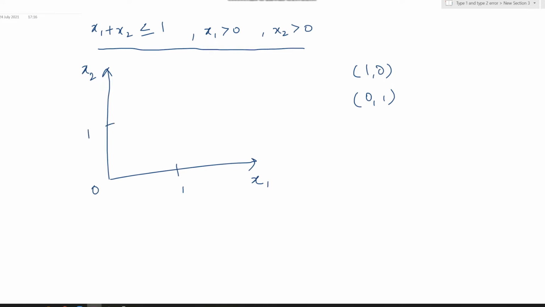We'll be plotting a dotted line, and we would say that anything under this area is acceptable and anything out of this particular area is not acceptable, that is this particular region. So this is the same case as saying what is a critical region. So we say that this is the region of acceptance while this is the region of rejection.